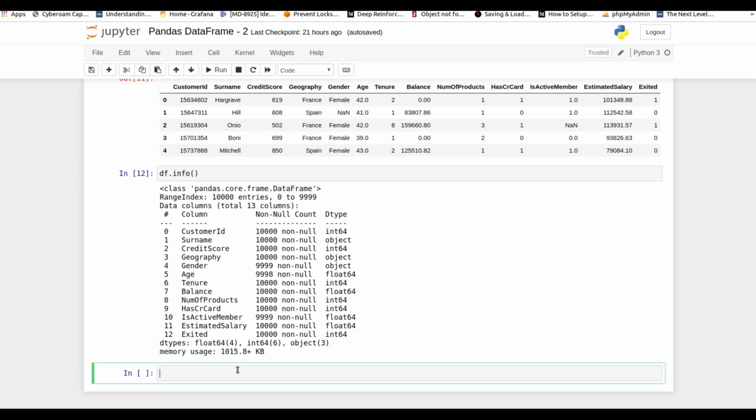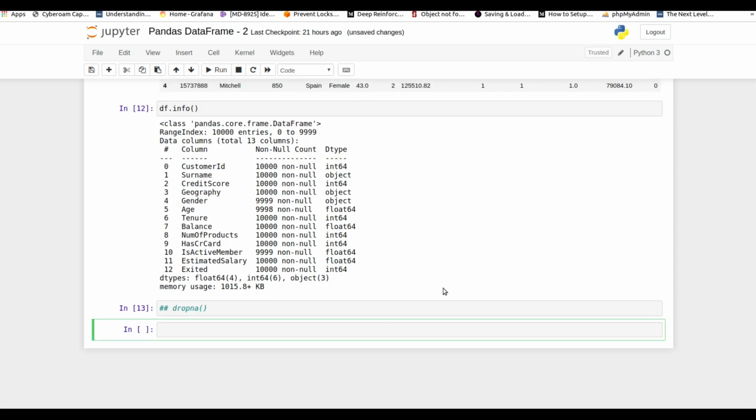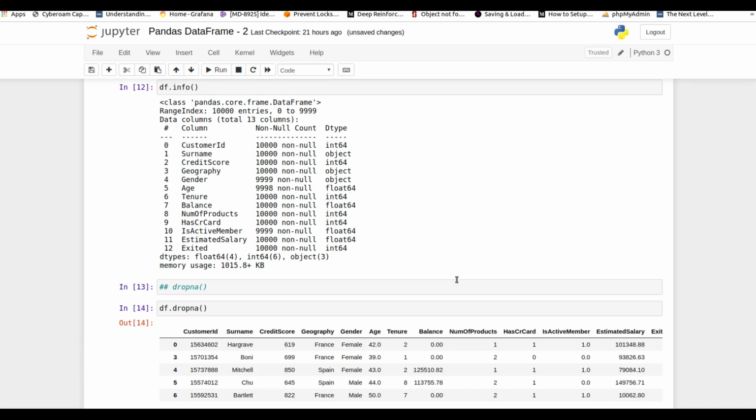First of all, I'm going to cover the dropna function. We use the dropna function to drop the blank values, which pandas treats as NaN values. So for a blank value, we will say NaN. From next time, I will not say blank value, I will just say NaN value. If we have a NaN value in a data frame and want to drop all of those values, we need this function. I'm going to implement it on the data frame first and let me show you.